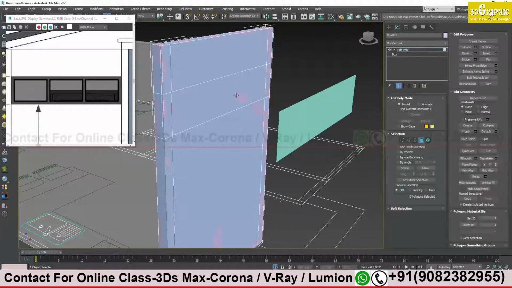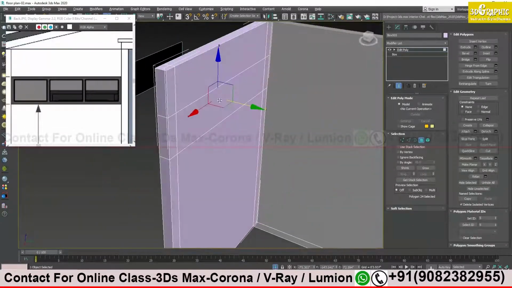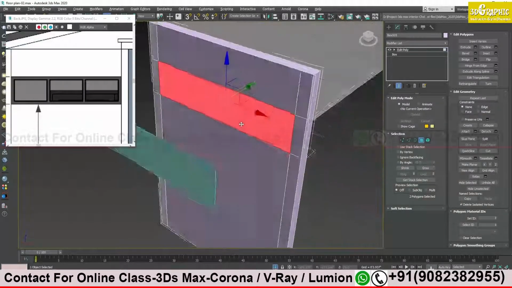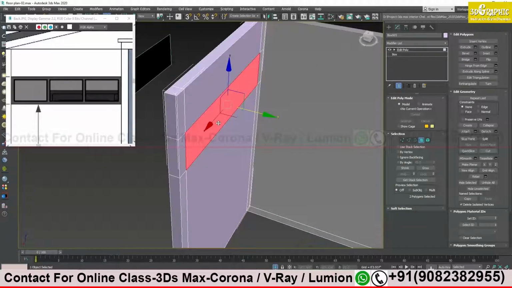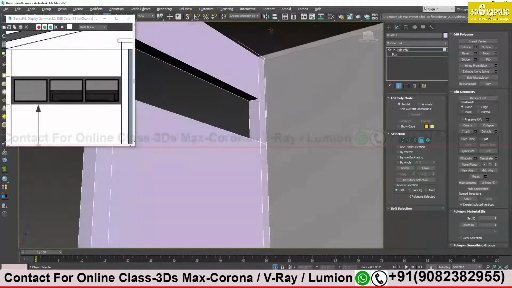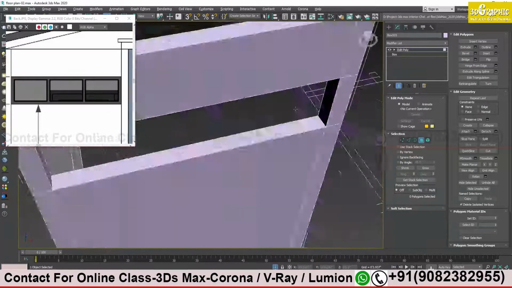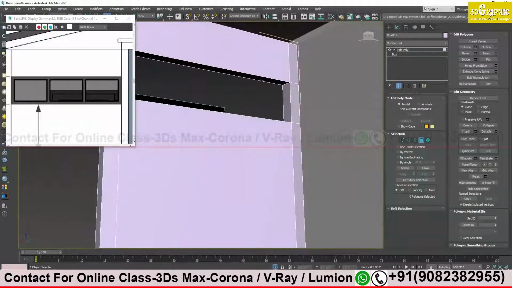Again I will go to face, select the front face, and move my viewport, select the back portion, press the Ctrl key and click again. Now if you see carefully, the front face is selected and the back face is also selected. Now you have to click on bridge. On the right side there is a bridge option, just click on it and you see there is a proper gap. It is properly filled. Just as you see in natural day-to-day life, the gap is like that only, no?